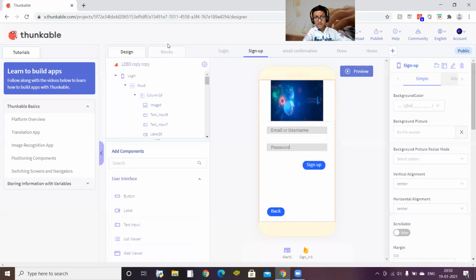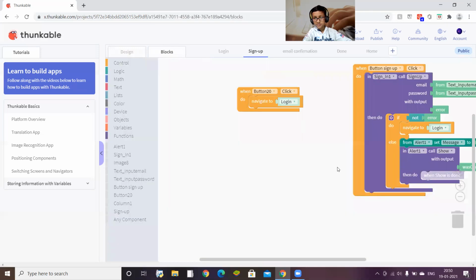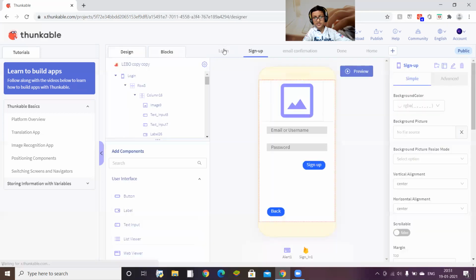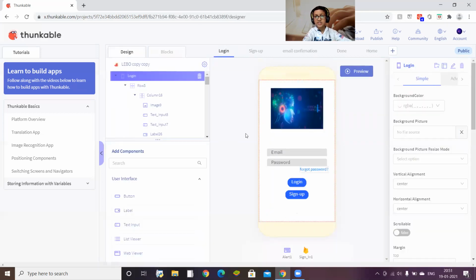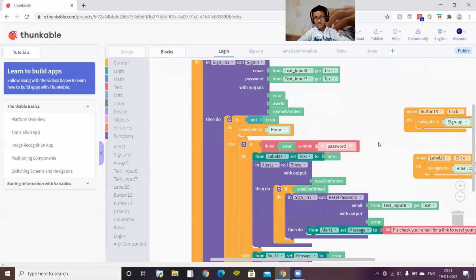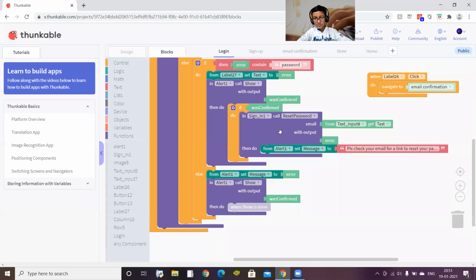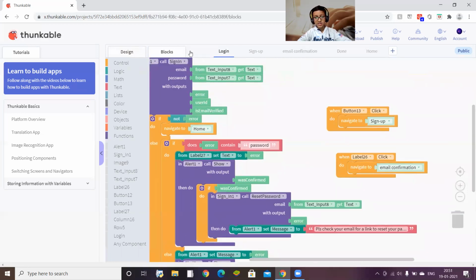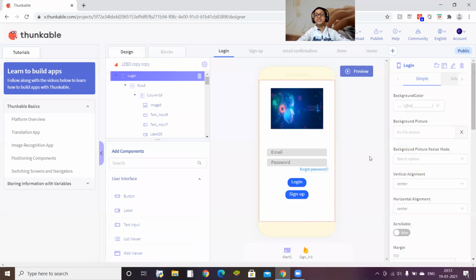So, with this sign up button, if there is no error, it will navigate to this login screen. But now you will think that there will be no confirmation. Yes, there will be. If one user signs up from our app, as you have done this, you remember, it will just tell that please check your email for the confirmation link.